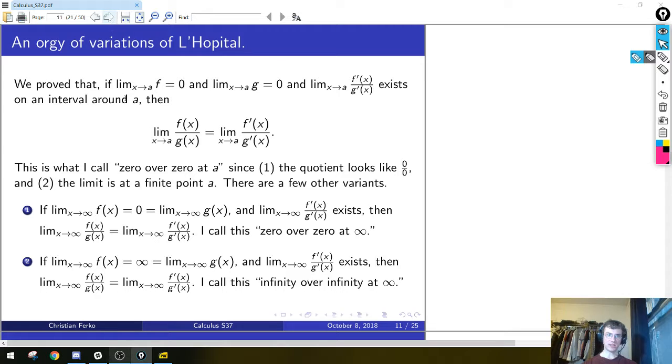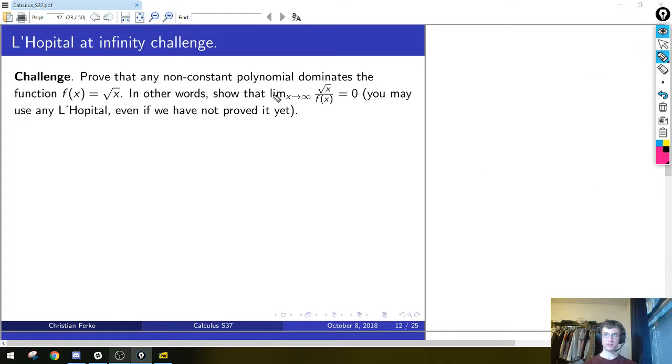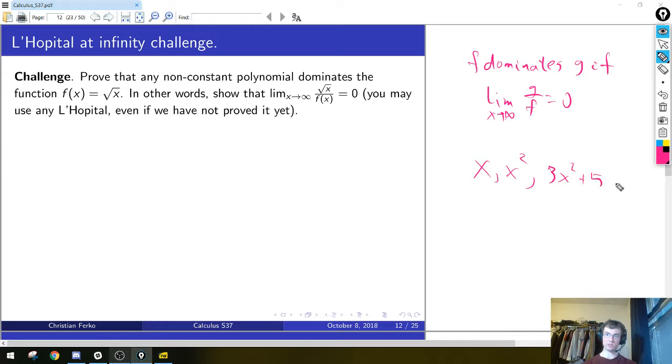Okay, then I think I baked in a challenge, so before we even prove these, let's assume that we have them and use them to show something. We spoke last time about domination: f dominates g if the limit as x goes to infinity of g over f equals 0. So f grows faster than g. Let's prove that any non-constant polynomial, so it could be linear, it could be x squared, it could be 3x squared plus 5, any polynomial that is not just a constant term,